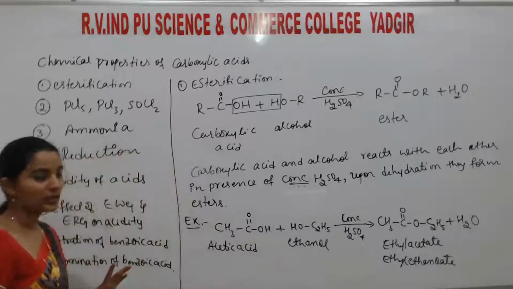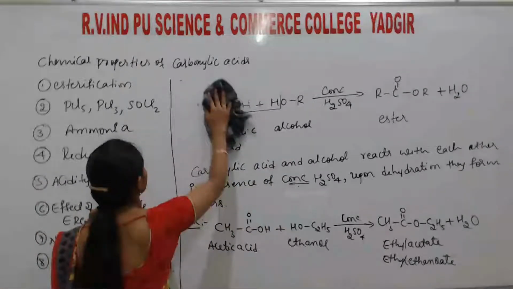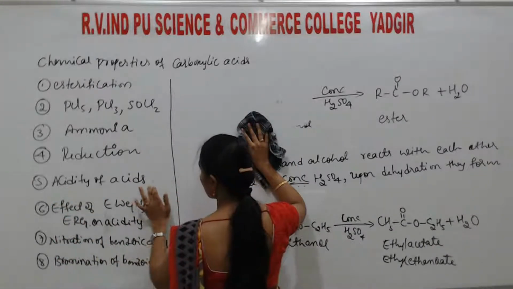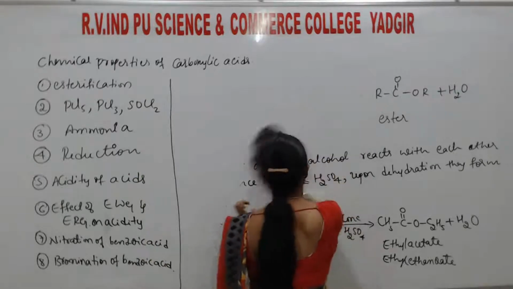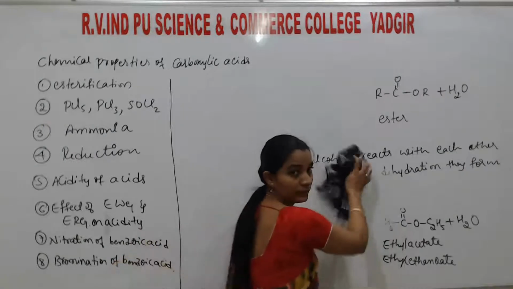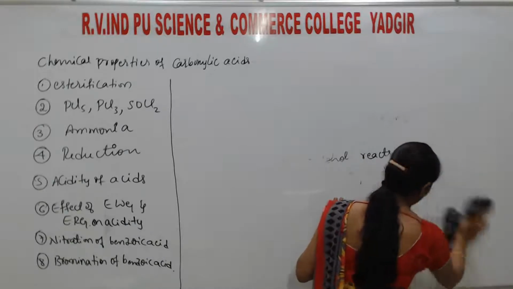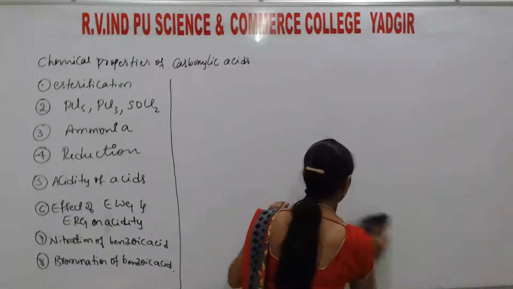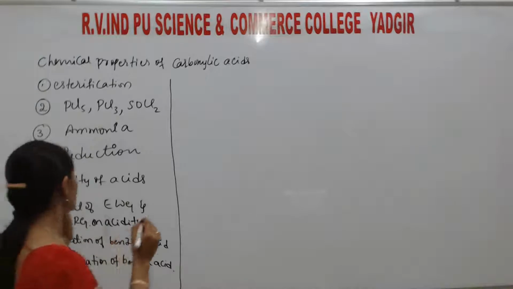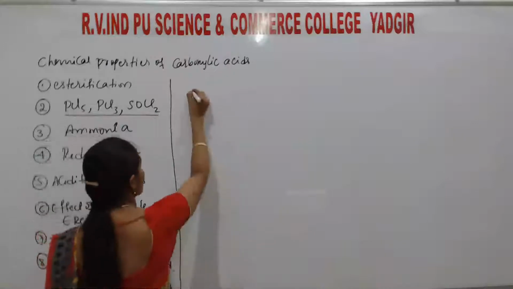This is the esterification reaction. So the next one is the reaction with... Here students, up to this I will take only aliphatic compounds, not aromatic. These two are specially meant for aromatic. Okay? Next one is the reaction with PCl5, PCl3 and SOCl2. Listen, I will take here